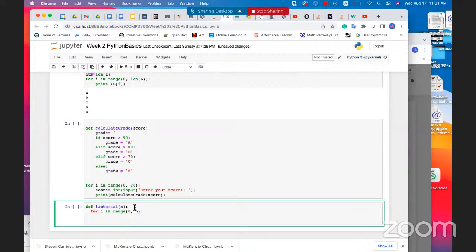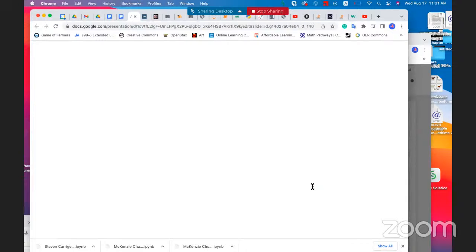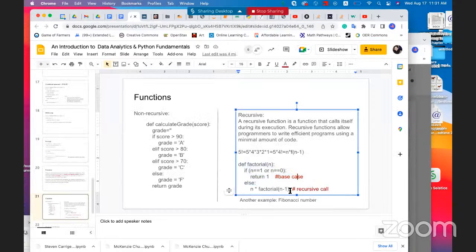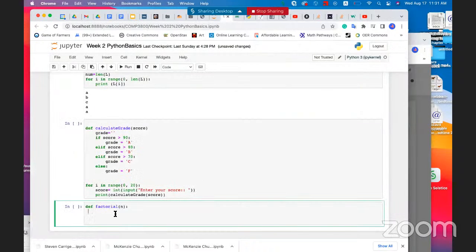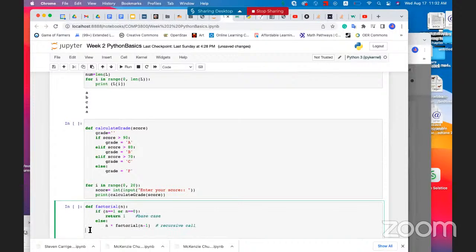But in the recursive function, we don't have to write a for loop. Instead, we use this. Just set up the base case and then the recursive call. So just use this. And then